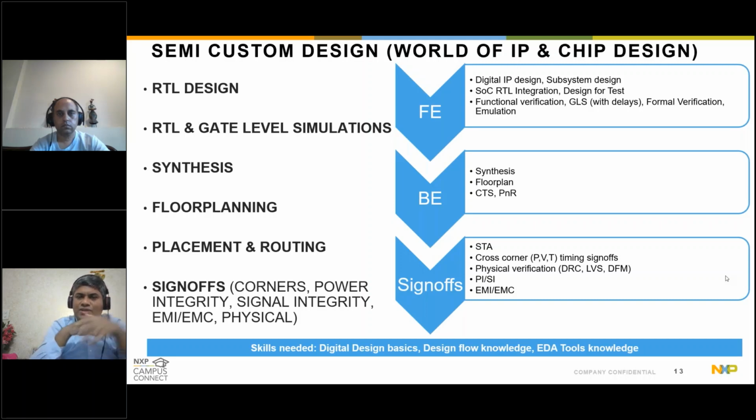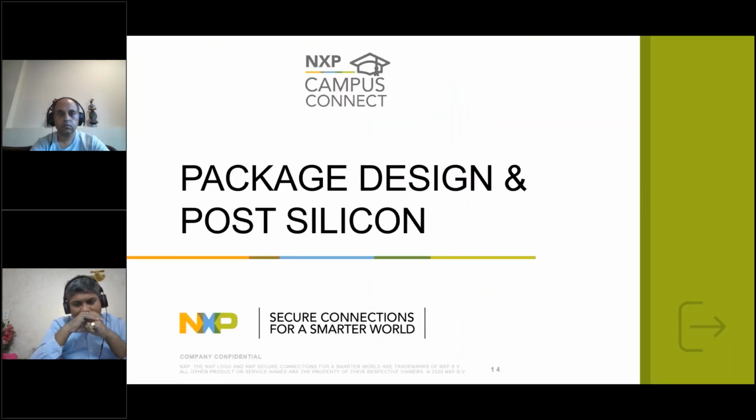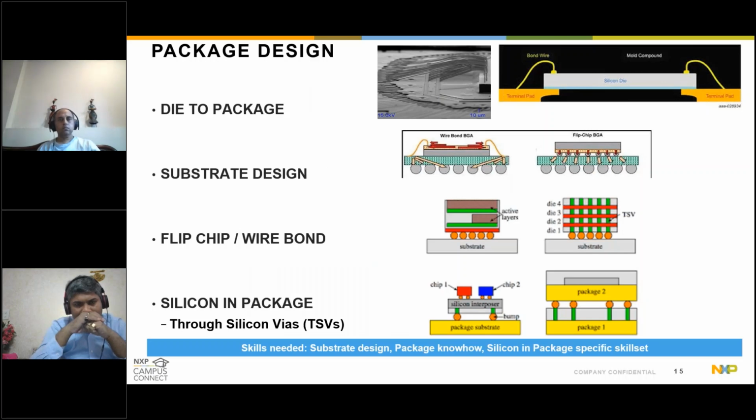Moving ahead, now the chip is ready. Somebody has designed the chip. On the next slide, please, Shakti. Now, okay, my chip is ready, but before I send it to the fab, I need to anticipate how this animal is going to be caged in the zoo. Right? So I need to model the cage itself. It will be packaging. This is where the world of packaging comes in.